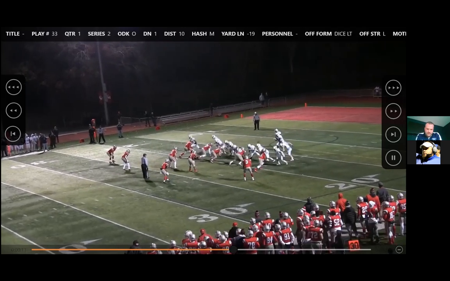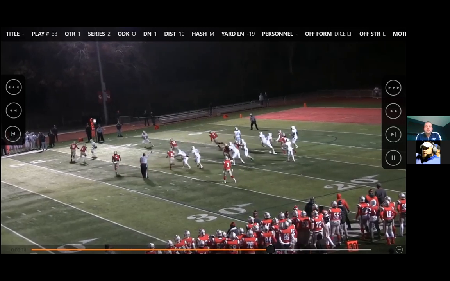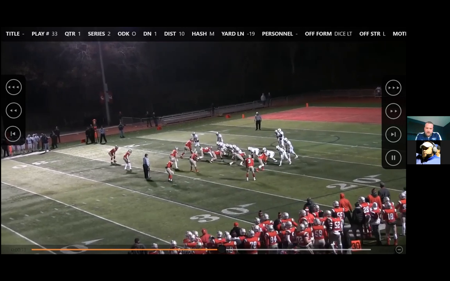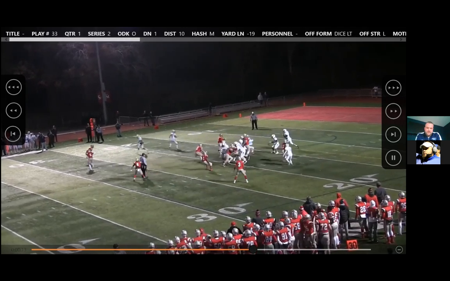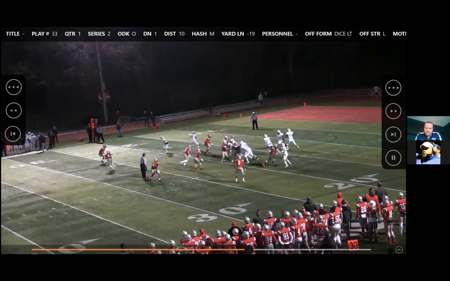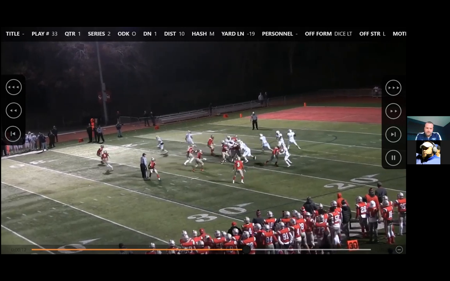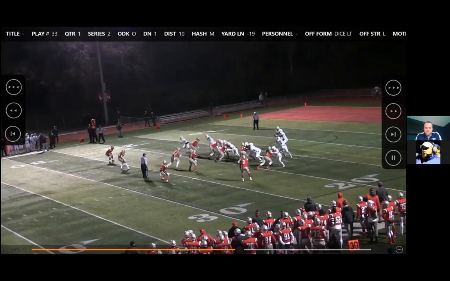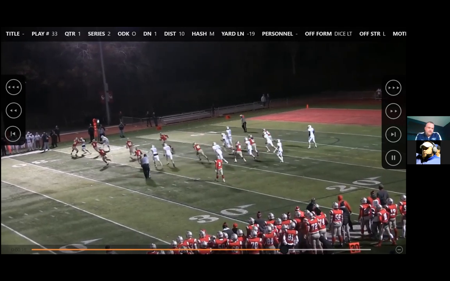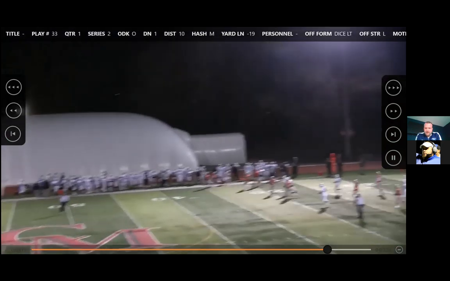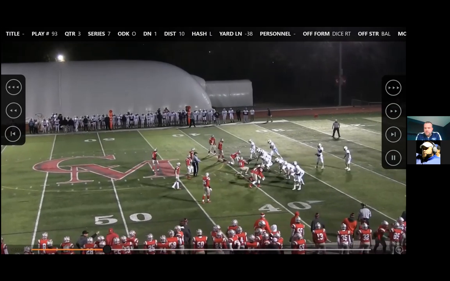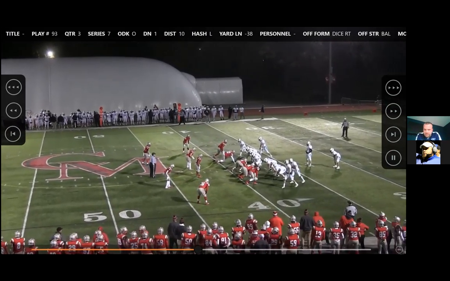And then to get the edge, this was new this year for us, and something we're going to look to expand on. What I really like here, though, if you look at the blocker at the top, see how he sprays his release. Being in a condensed set, a lot of times the blocker's just going to run straight up field. He does a really nice job spraying his release, getting to where the ball's going to go, and that gives us the best chance. And we were actually talking to some of our players about this and how this play was pretty good for us, and we wish maybe we found it a little earlier, got comfortable with it earlier.